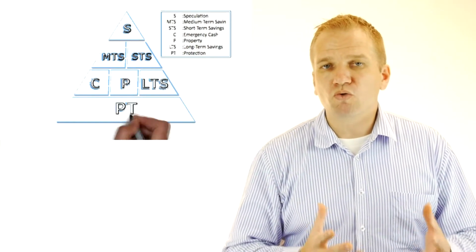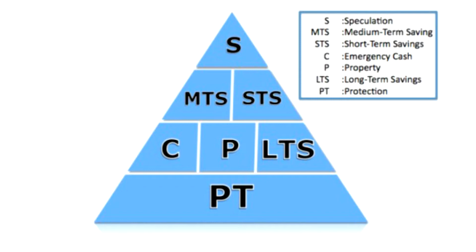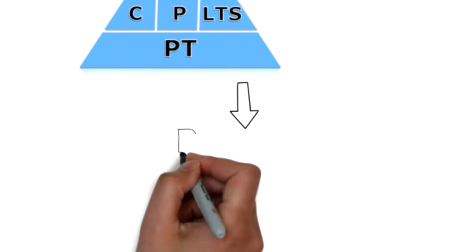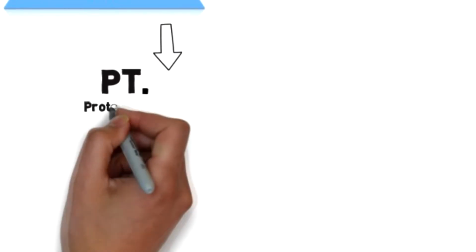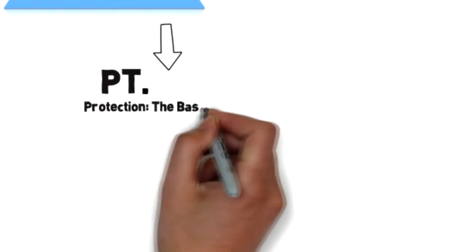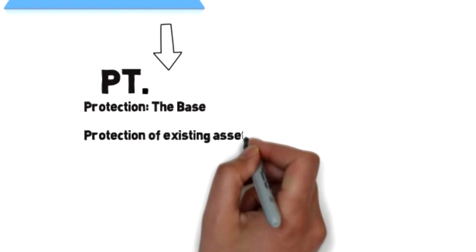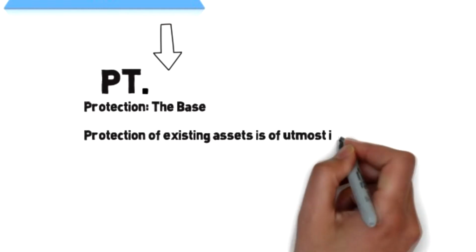Now, as we all know, the base layer of a pyramid is most important when it comes to giving overall stability to the entire structure of the pyramid. The same thing as in real life is actually exactly the same with the overall financial plan. In the base layer of the pyramid here, you will find protection, and the protection needs are by far the most important in order to make sure that the overall life goals, the life dreams, and the financial aspirations can be achieved according to plan.